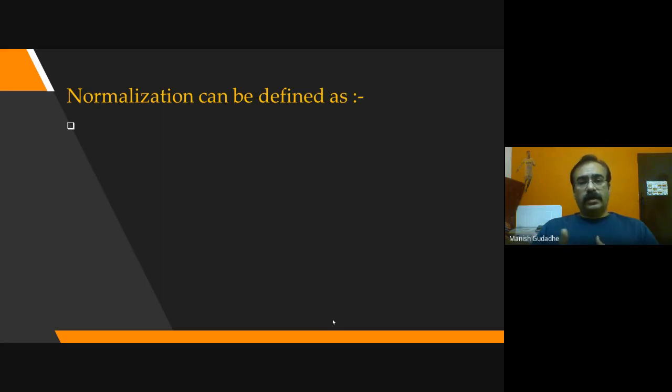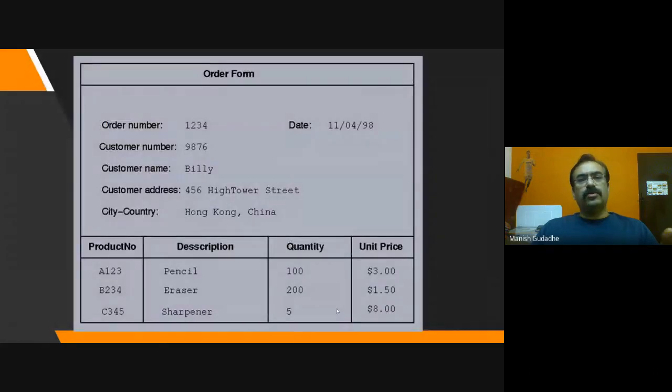But now in the past lecture we have seen a few examples, like you may be getting this kind of order form and you may be asked to design a database for this. Then you'll have to identify all the entities, the relationship sets, the primary keys for that, how it will be accessed, and then you'll also have to avoid or eliminate the chances of any anomaly or confusions which may happen during insertion or deletion or updation of the data from that database.